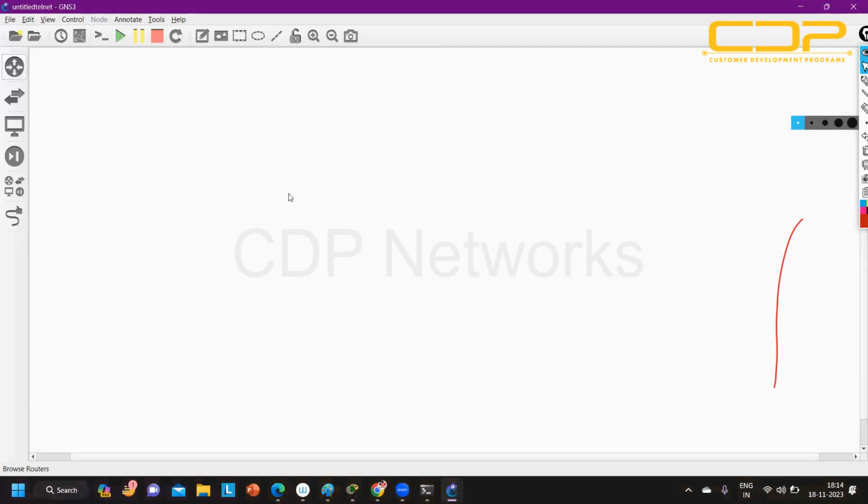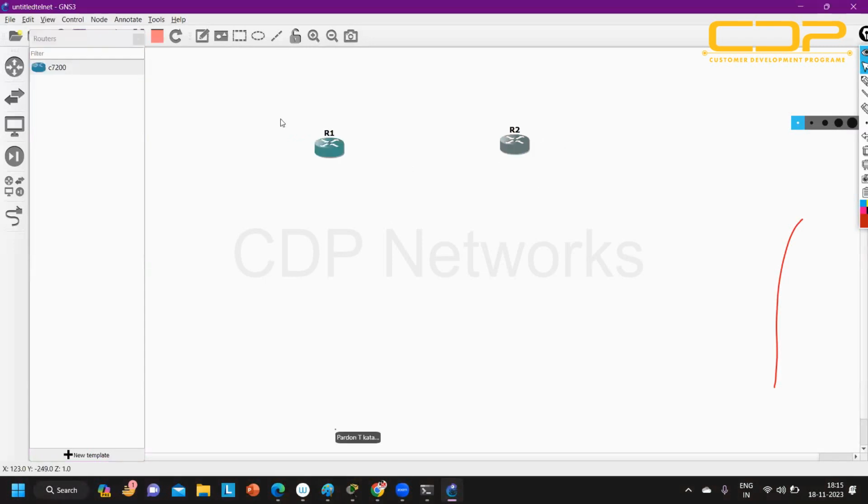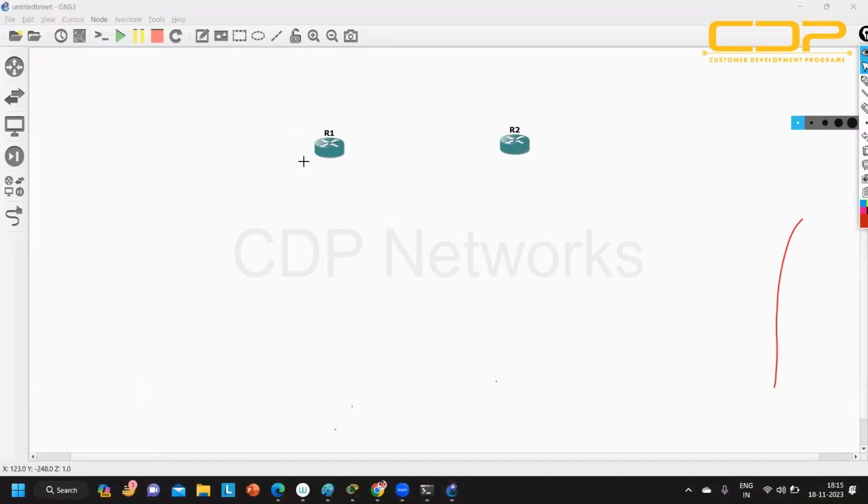Two routers, R1 and R2. Let's say I want to access R2 from R1. I want to access R2, router 2, from router number 1. See,